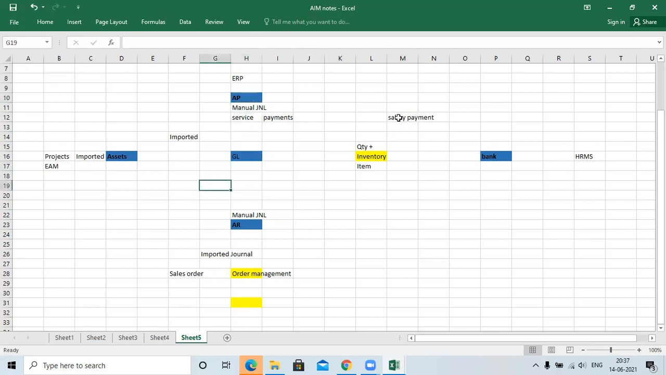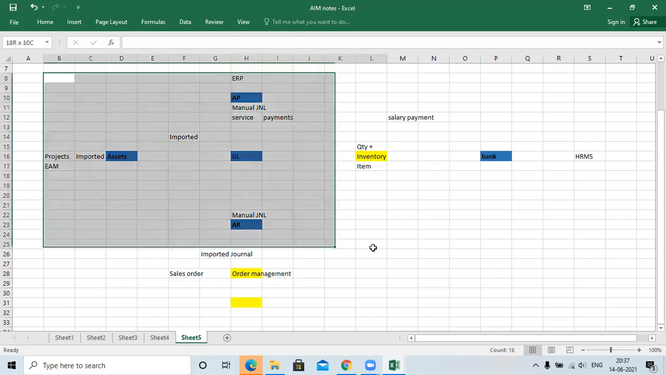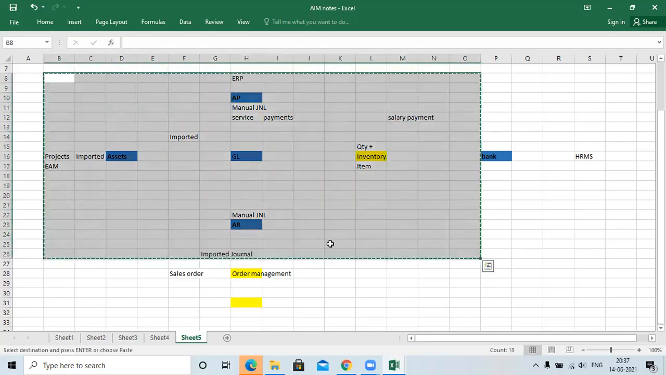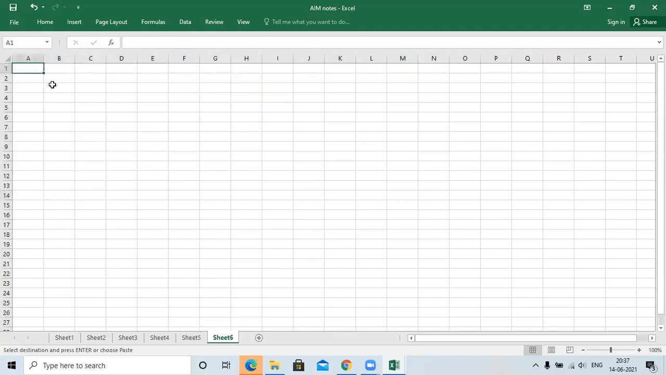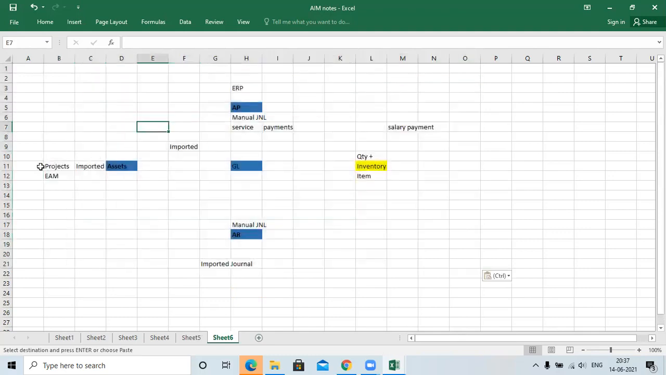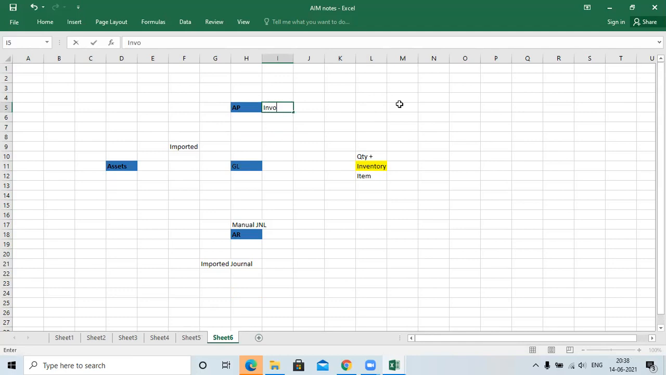This concept you understood, everybody, imported and manual. How every module is there. Same thing, other type I will tell you. AP. So each and everything will not be created. So AP invoice, if you take invoice,